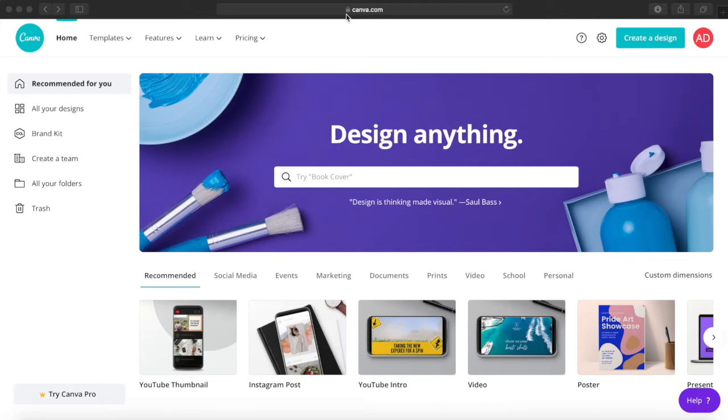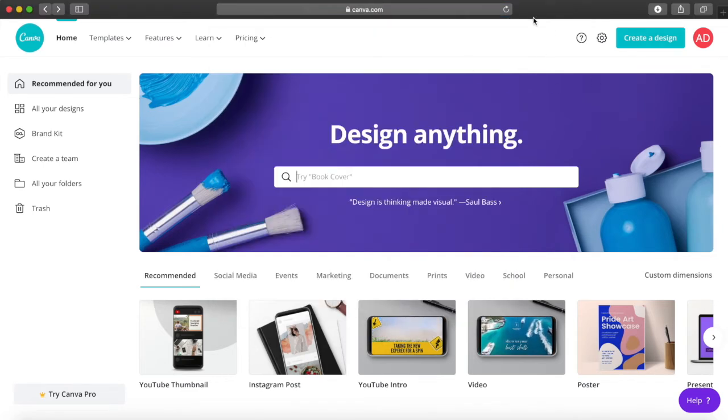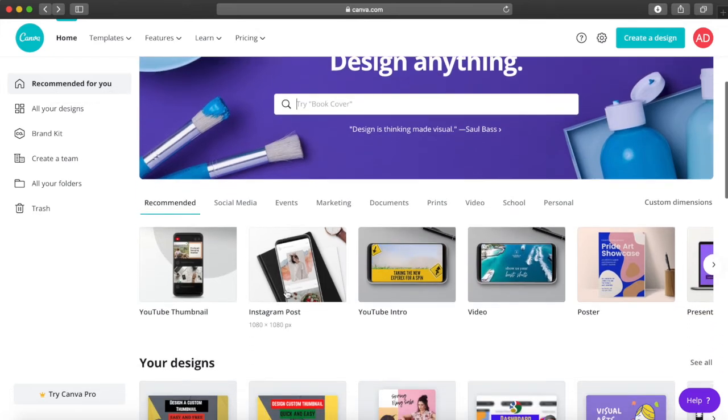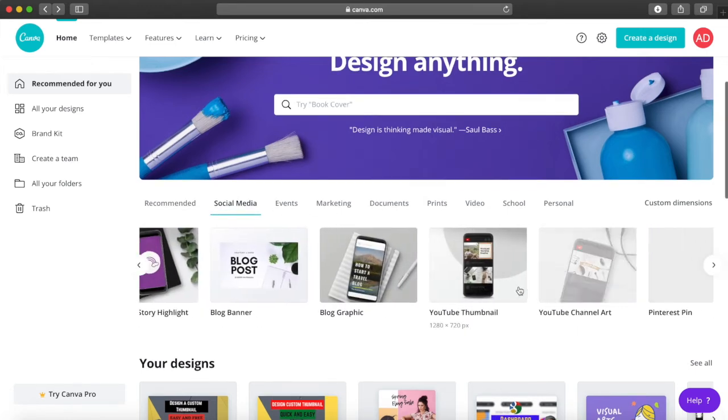There are multiple thumbnail creators available, but this is the site that I use for my thumbnails. It's called canva.com. So go ahead and type in canva.com in your browser and open this site. Once you open this, you have to create a free account. You can log in using your Facebook, or you can create an account using your Gmail. And from the first line, select social media and then select YouTube thumbnail.